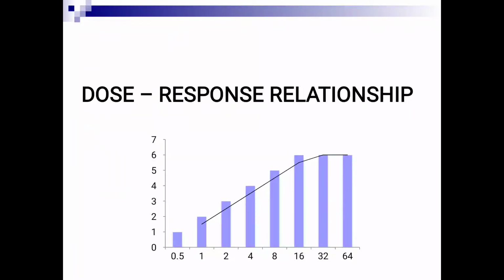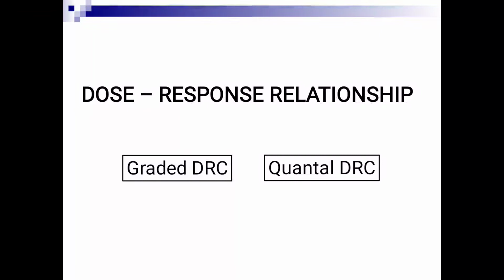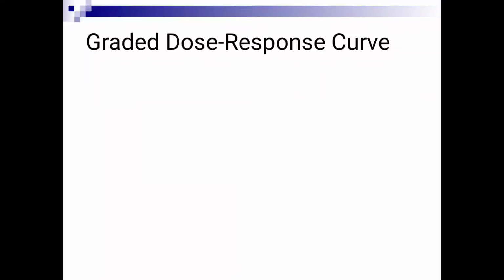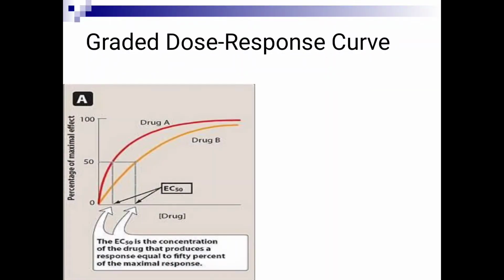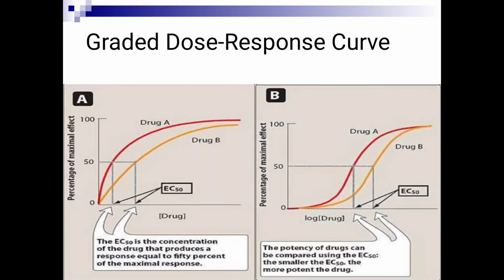What is DRC? So dose against the response. What is graded? Graded means in the individual and quantal means in the population. So DRC normally has this type of shape, and a sigmoid shape in the logarithmic DRC. Advantage of DRC, we can compare a large number of drug doses and we can compare the agonist and antagonist